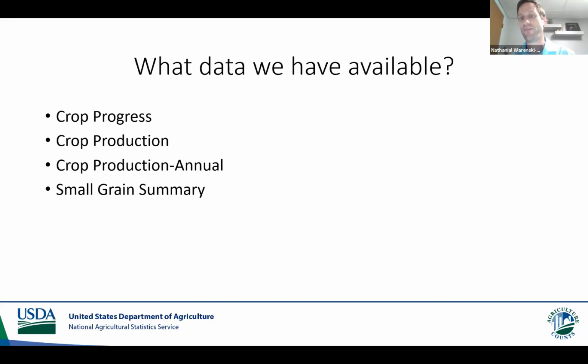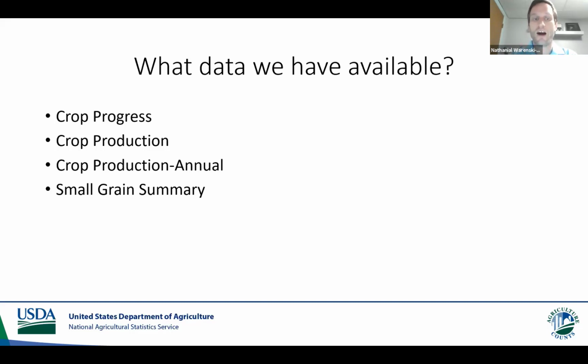So what is the data that we have available so that you can make those decisions? And first off, our most popular report is our crop progress report. It comes out on a national basis every Monday at 4 o'clock Eastern. And states also have a state release. It includes information such as subsoil and topsoil moisture percentages as adequate, surplus, and so on. But it also gives us information about the stage the crop is in, how much is planted, emerged, headed, harvested. It also gives us information about the condition, poor, fair, good, or excellent, so that we can make decisions on what we need to do about our crop